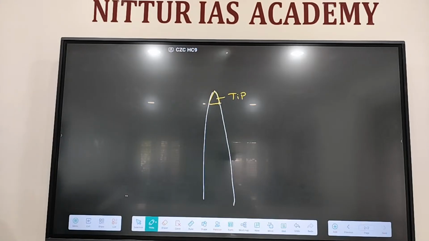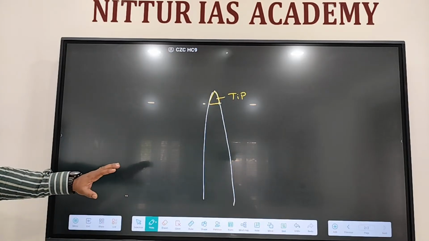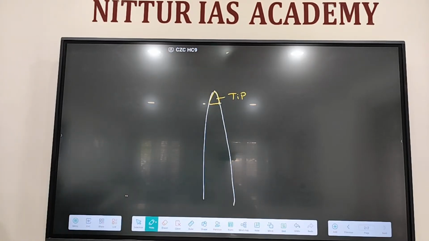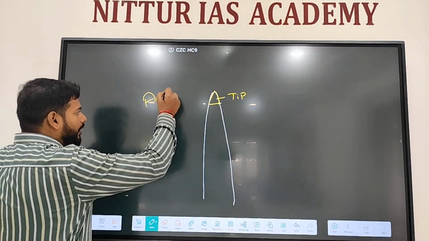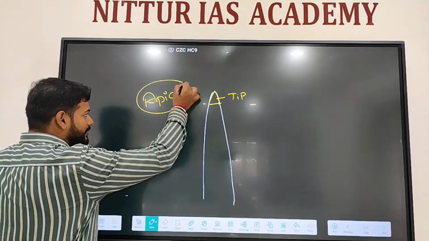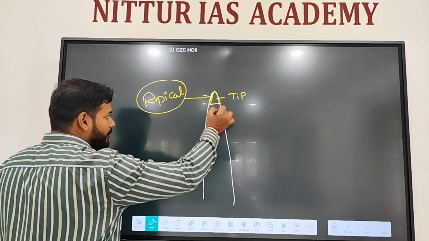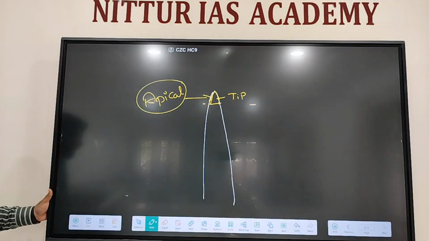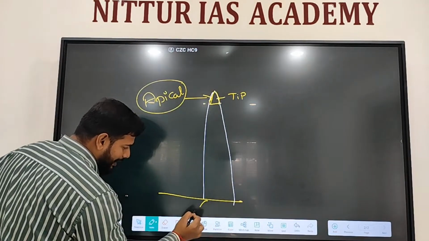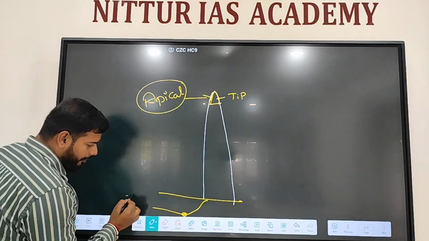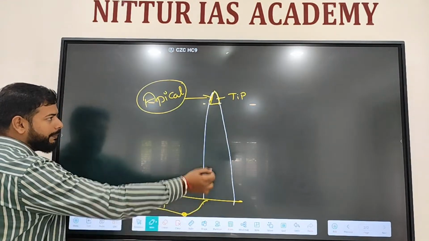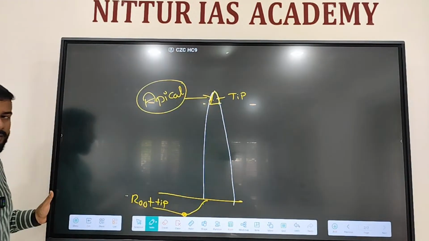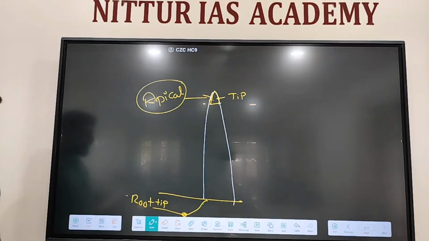The parts of the plant where growth occurs, in all those parts, meristematic tissues are there. One is apical meristem. Apical meristem is seen in the growing tip of the plant, as well as the growing tip of the root. Root tip and stem tip, we have apical meristem. Then